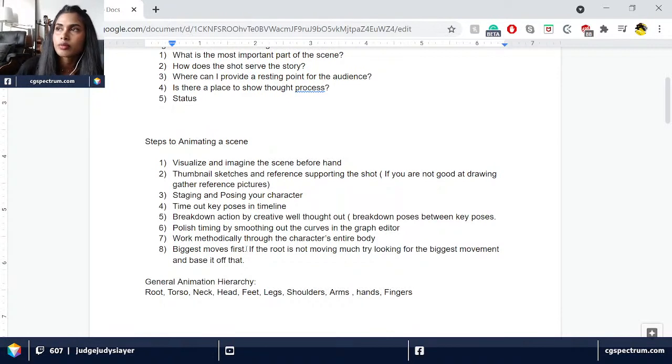For example, if you thought about a shot, visualizing it beforehand helps you lay out the shot, do some thumbnail sketches, and find some references. So visualizing is important, and because you've visualized it, we go to the second point: thumbnail sketches and reference supporting the shot. If you're not good at drawing, gather reference pictures. So where the shot is, what kind of props or costume, background,